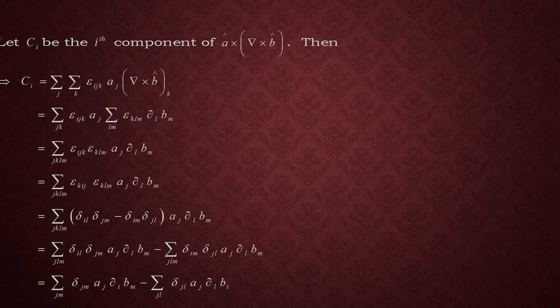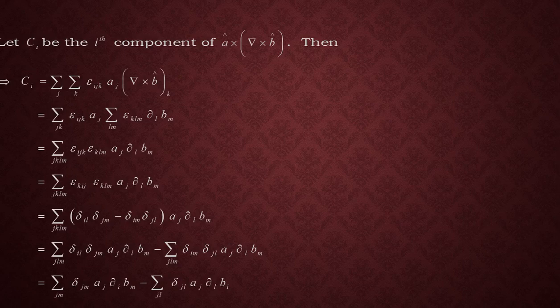In the next summation, we contract delta_im. That means we have to replace m with i in the second summation. Otherwise, the second summation entirely becomes 0. If we take m is equal to i, then only we can write the expression. If i is not equal to m, delta_im equals 0. So after replacing l with i in the first summation and m with i in the second summation,